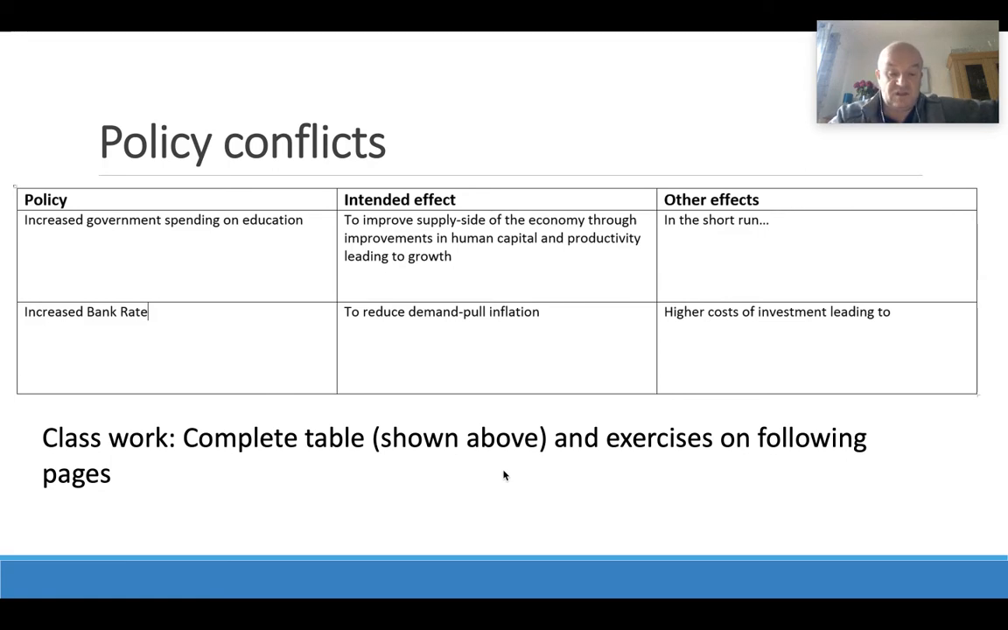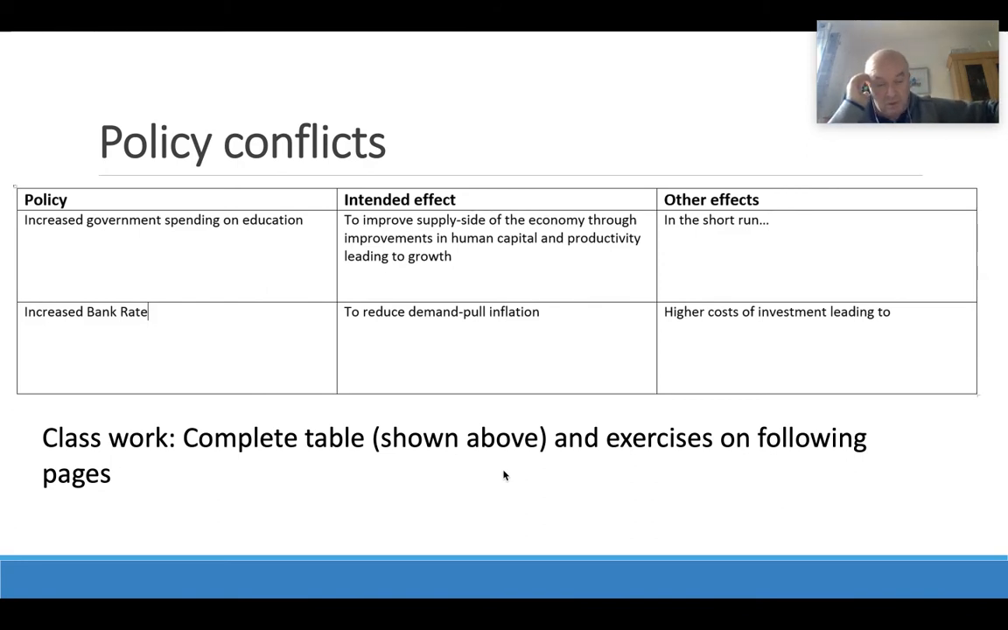So we could consider that in both the short run and the long run. If we take the first example, increased government spending on education, the intended effect is to improve the supply side of the economy through improvements in human capital and productivity, leading to growth. But there are other effects it might have in the short run, and we can look at that from an individual standpoint, a government standpoint and a firm standpoint, which might give us some